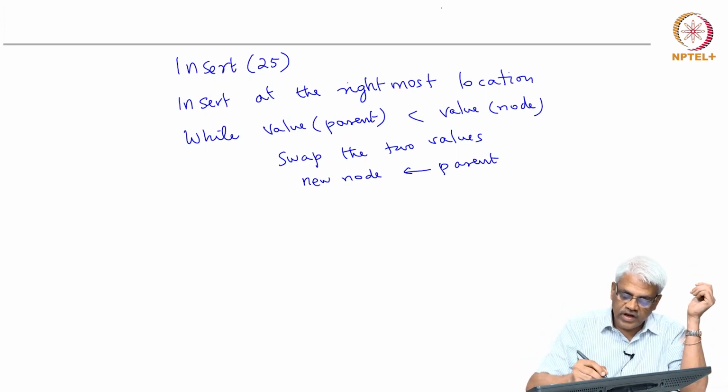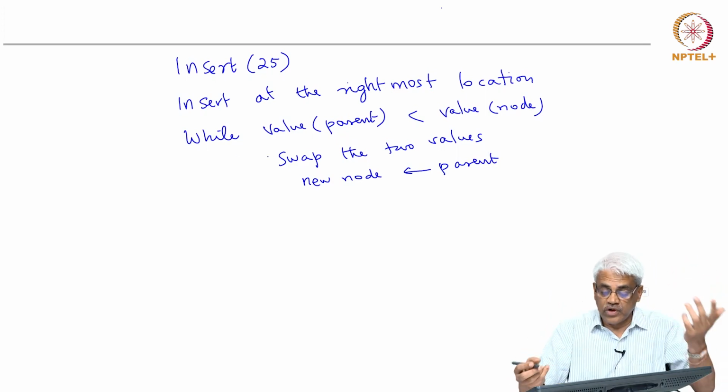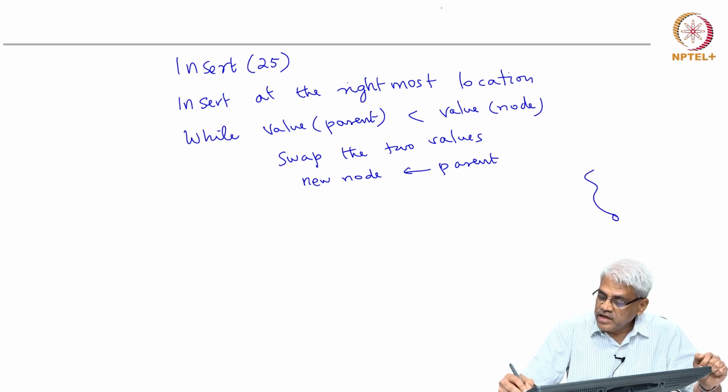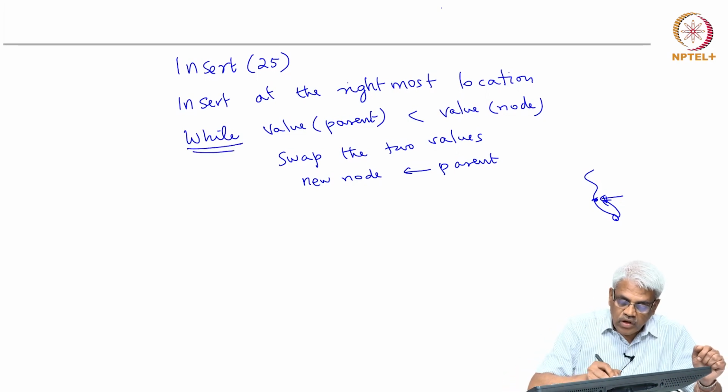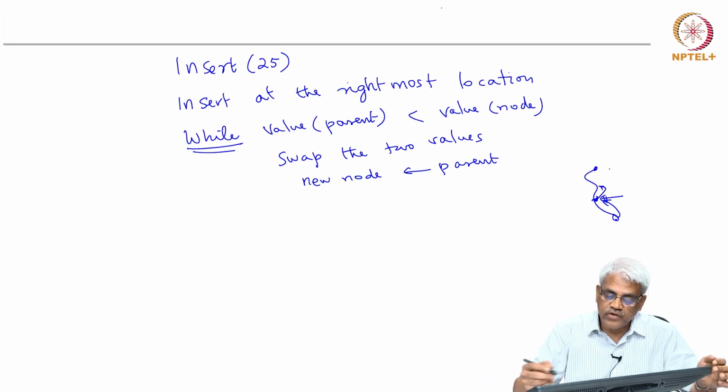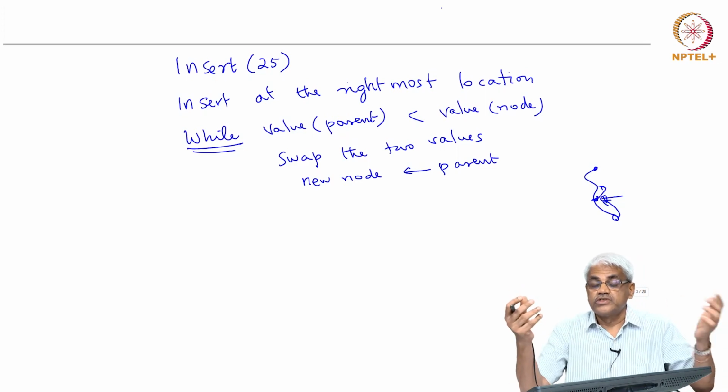So, I have written this very informally, you can translate it into any programming language. All I am saying is I will add it at the end and compare it with the parent. If there is a violation, swap, and now I am sitting at this new node, compare it with its parent, because it is a while loop. If there is no violation, done, we can stop. If there is a violation, keep going, swapping, and you will stop when there is no parent at all, because it is a root node,